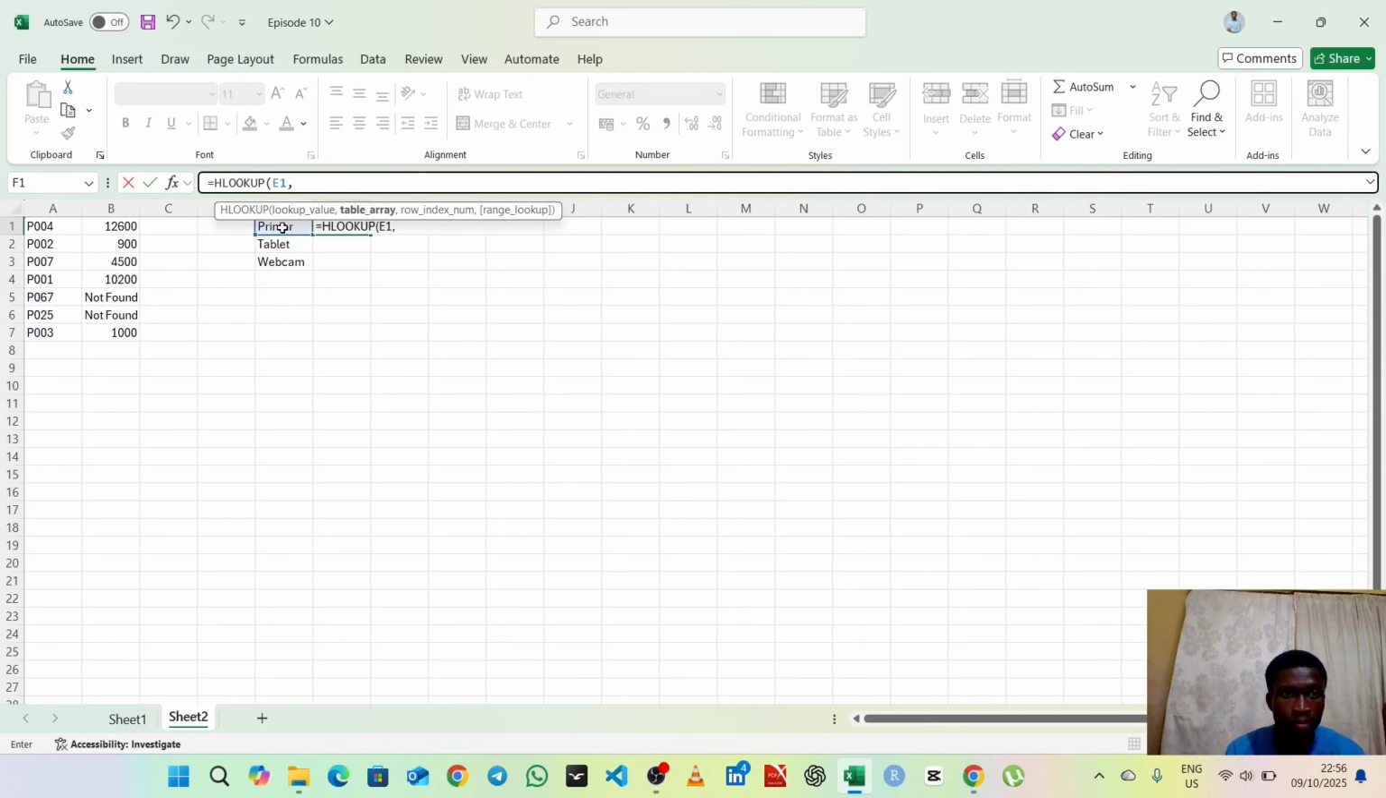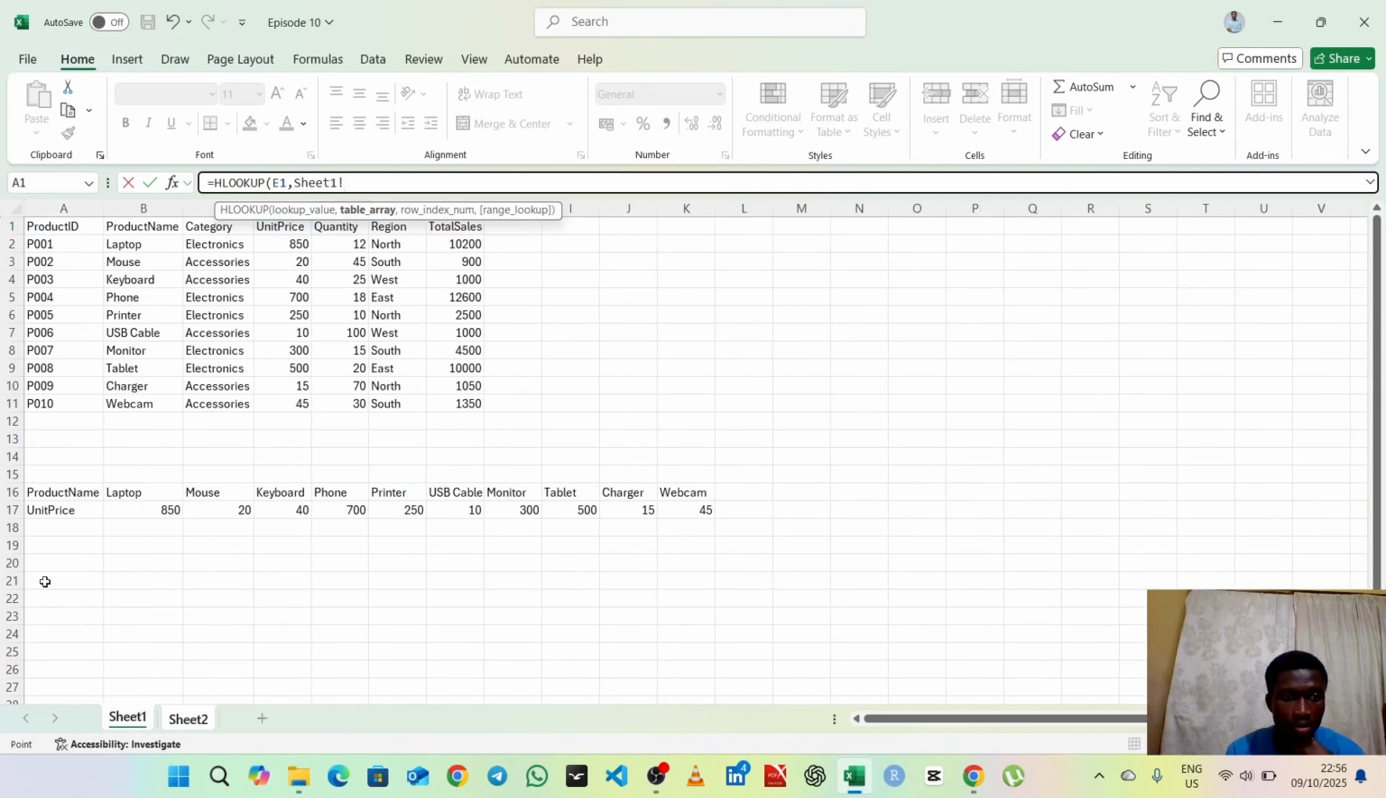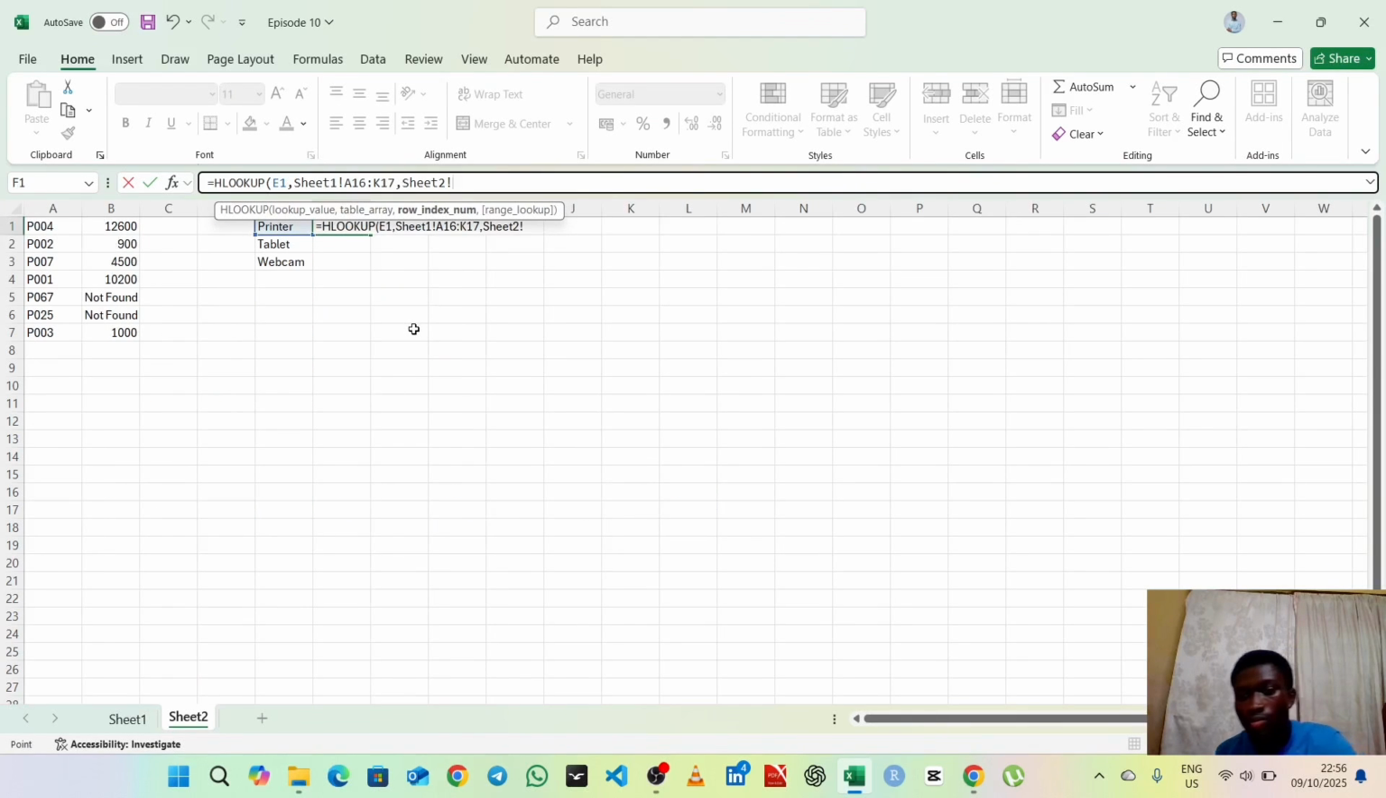comma, and the table array, you go back to sheet 1, you highlight our interested table, we bring comma, move back to sheet 2. We don't need any sheet 2, but always remember to apply the absolute referencing. So absolute,